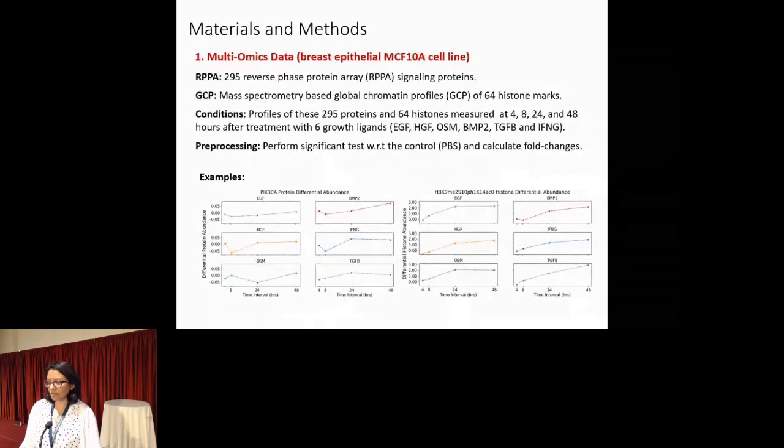And then the condition is that we induce them with all these 6 different ligands. These ligands were chosen because they are particular in promoting changes in cell morphology and progression at different time points. Then we performed significance tests with respect to the control, the PBS, and calculated the